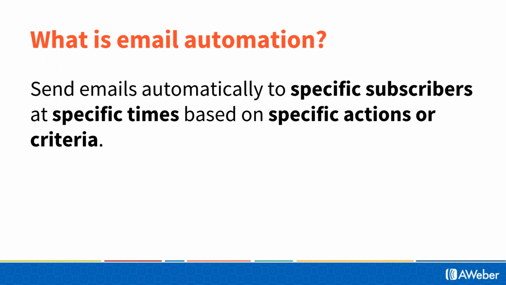How's that different from email marketing? Typically, traditional email marketing is, I'm going to write up a newsletter. I'm going to send it out to either all my subscribers or a small portion of my subscribers. And it's a very manual process. You've got to do that over and over and over again. Whereas email automation allows you to have that already set up and running on its own automatically.